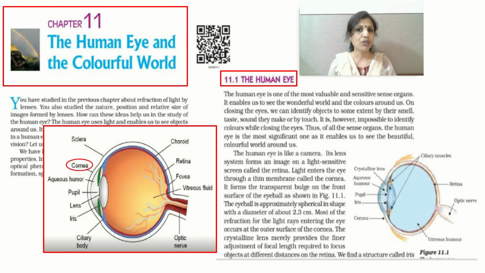Cornea is the outermost bulging part of the eye where the light falls and gets refracted. Just behind the cornea, aqueous humor, a liquid, is present. Then the iris, which gives color to our eyes. At the center of the iris, a small opening is present that is called the pupil. And the main function of the pupil is to control the amount of light entering into our eye.